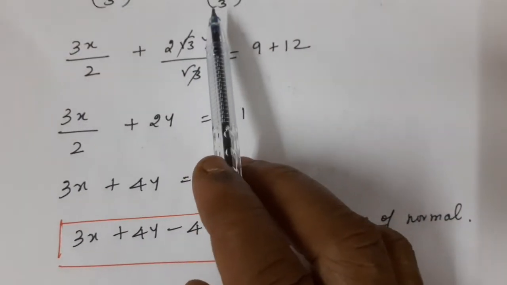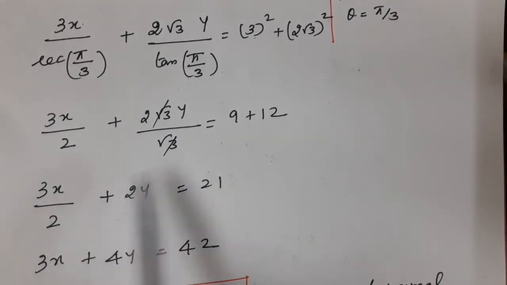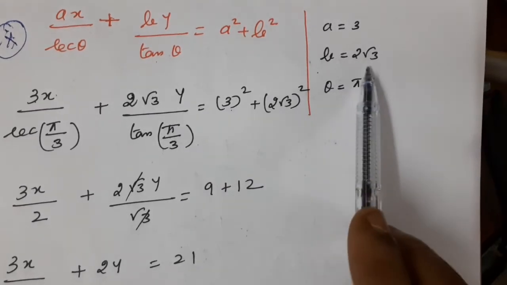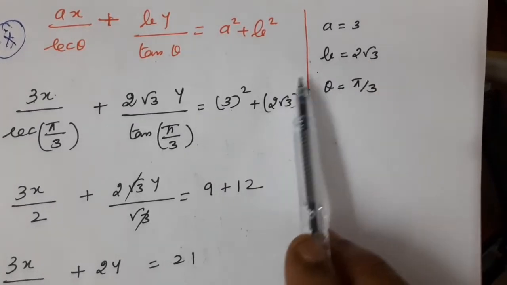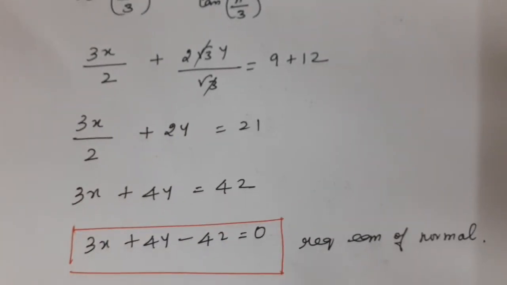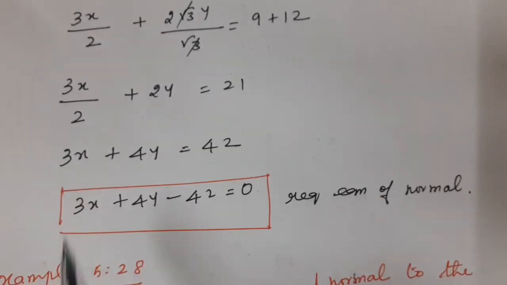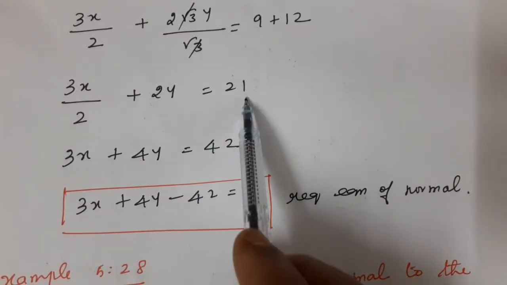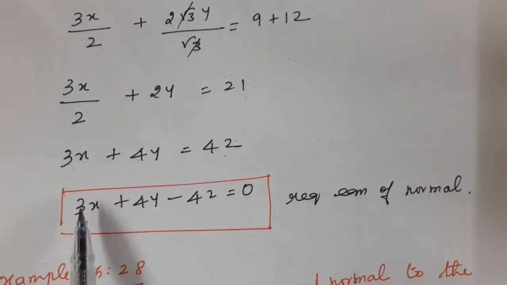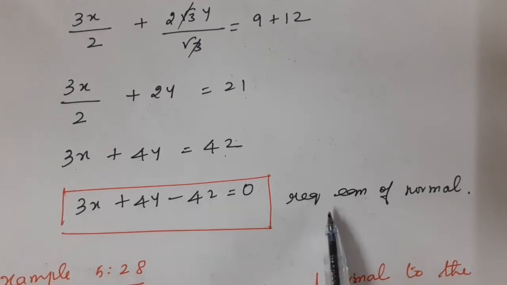Just you substitute the value, we get the equation of the normal. So root 3 tan pi by 3 is what? Tan pi by 3 is root 3. Root 3 cancelled. What is now here? A square plus b square. A is 3, 3 square plus b square, 2 root 3 the whole square. 2 root 3 whole square is 2 2s are 4, 4 3s are 12. Now 3x by 2 plus 2y equal to 9 plus 12 is 21. 3x, 2 2s are 4y. 2 into 21 is 42. 3x plus 4y equal to 42, or 3x plus 4y minus 42 equal to 0 is the required equation